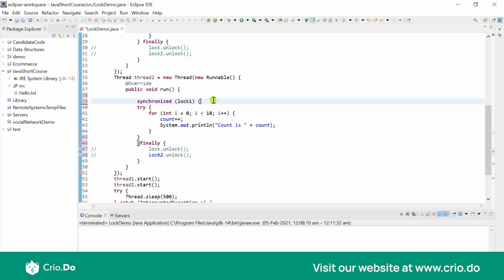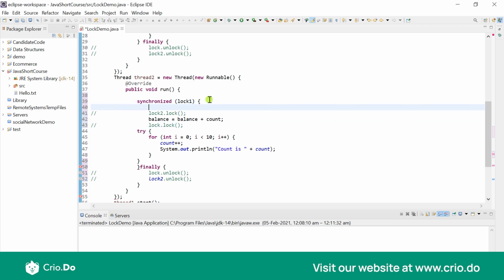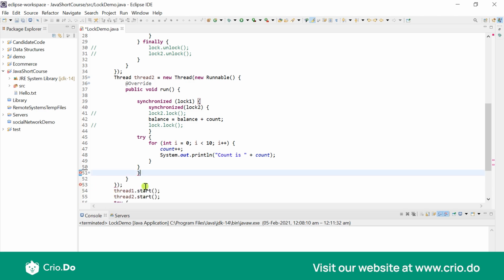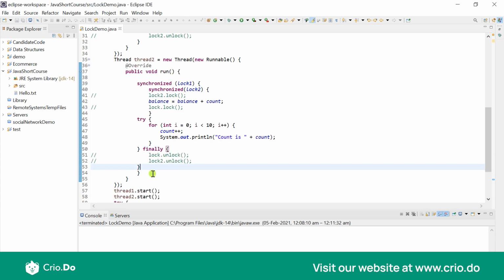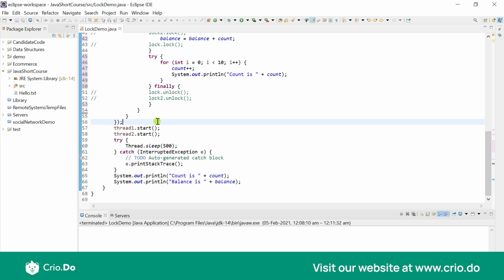So I would just cut things from there, and I actually want to gain the synchronized lock for lock 2 as well. So now let's put this finally just where we had our try, so that we do not have any parentheses error. And I'm trying to begin with the thread start, everything.